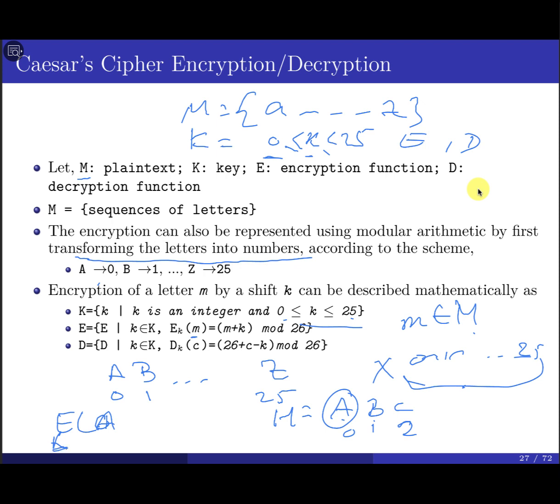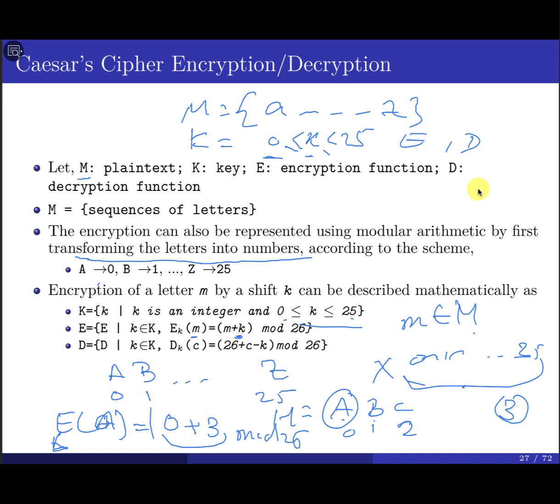So here it depends on the key. What do you want to do? Shift by 0, shift by 1, shift by 2, by 3, whatever. Let's say shift by 3, just for simplicity, okay? So in this case, encryption is going to equal the message, with A as 0, plus the key that you use, plus 3, and you need to compute this one mod 26.